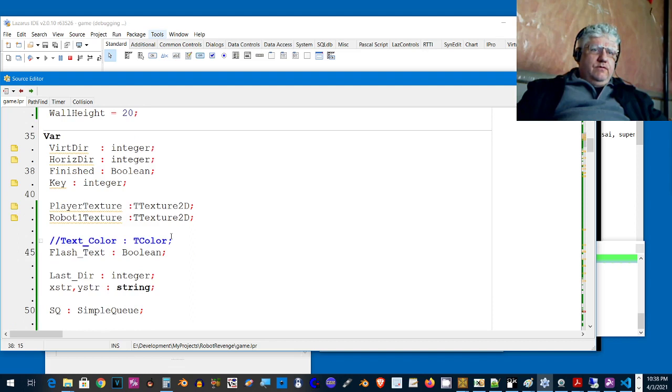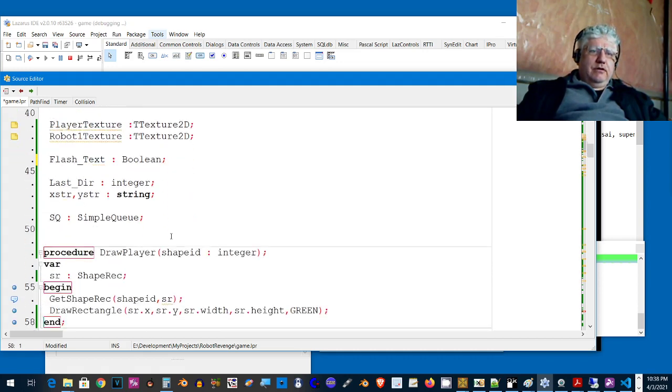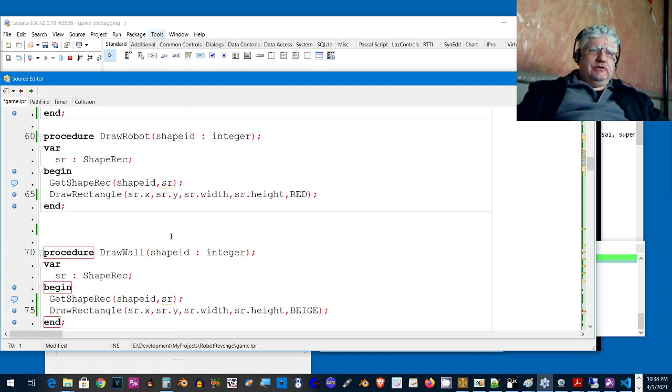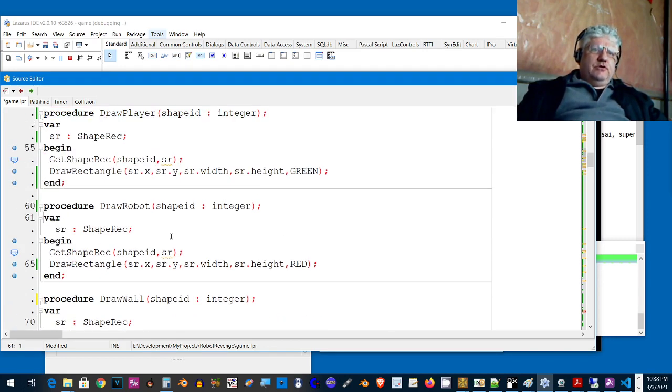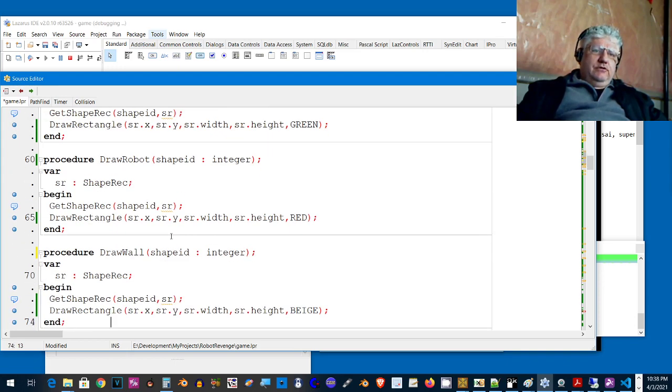Now, if you've seen the previous breakout demo, you'll notice a lot of things are similar, and it's because I just took that code and modified it. So some things we don't even need at this point, I have those commented out. I should just delete them. It's a lot easier to understand that way. But I have some code that gets initiated, and it's to draw the robot. In this case, we're just drawing a red dot, and to draw the wall, we're using beige color,